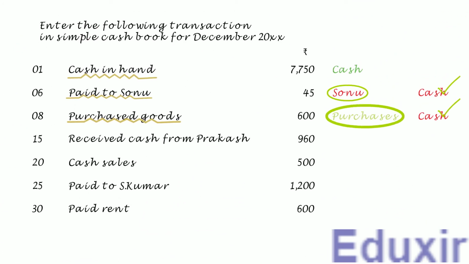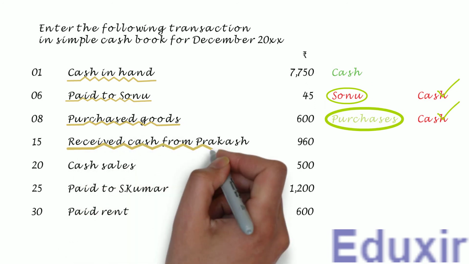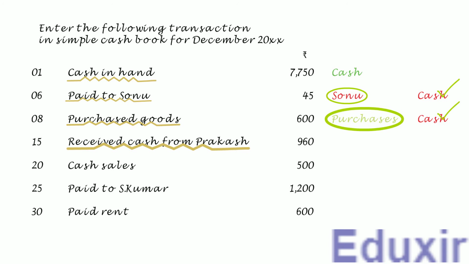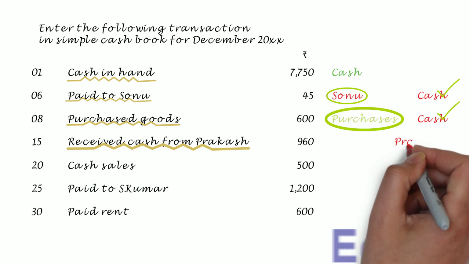In this transaction, the business has received a cash of 960 rupees from Prakash. Businesses usually receive the cash from the debtors. So, we can safely assume that Prakash is a debtor of the business. So, in this case, the debtor Prakash is paying to the business. So, the liability of the debtor to the business will be decreased. Note here that I am talking about the liability of the debtor to the business and not the business liability. This implies that the debtor asset of the business is decreasing. The rule to record any decrease in the asset is to credit the corresponding assets account. In this case, the debtor Prakash account should be credited.